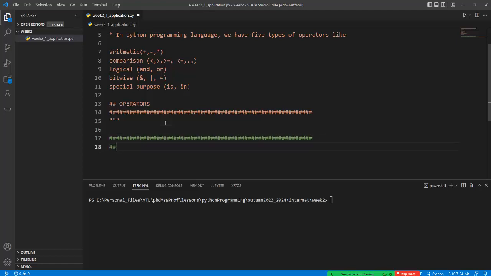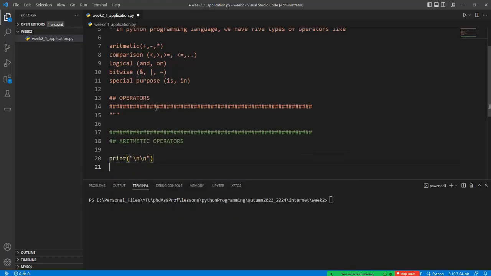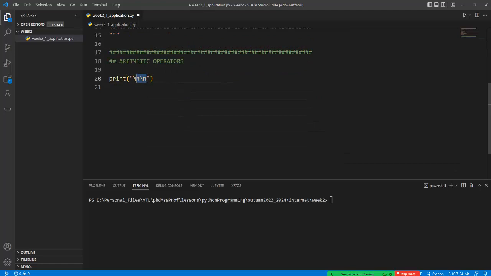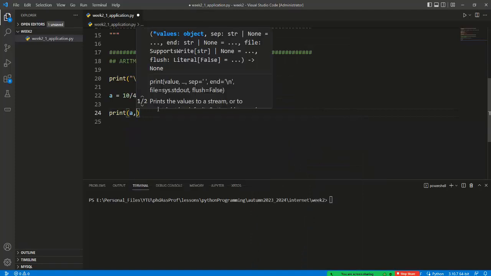Okay, arithmetic operators. Firstly, I will give a new line in here, like this one, because if we have many examples in here, then we will create some new lines in order to see all the code in the terminal page. Okay, firstly we have the division operator in Python programming language, and then I can use the print function